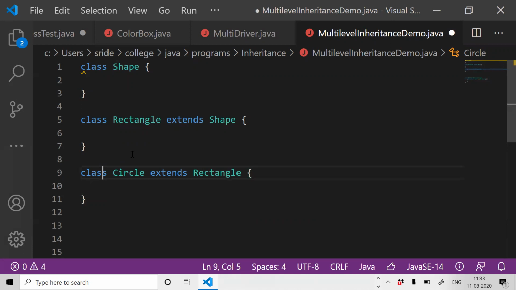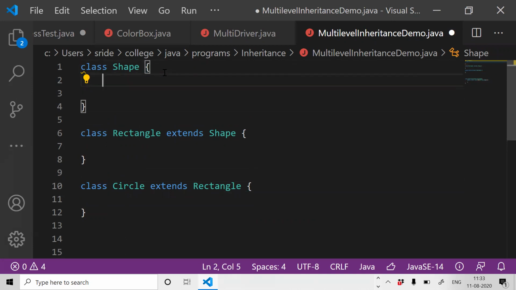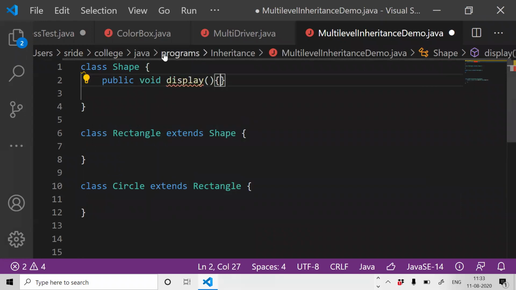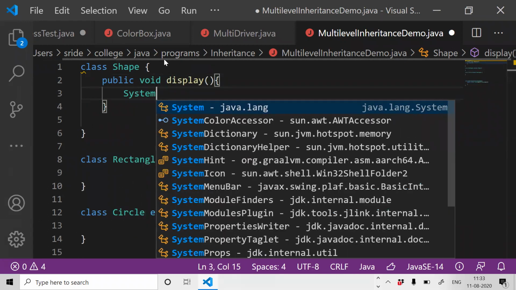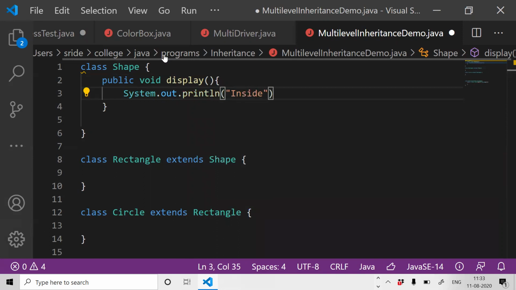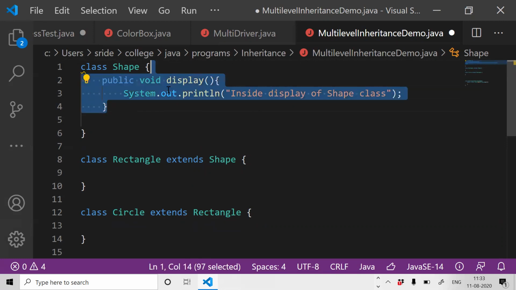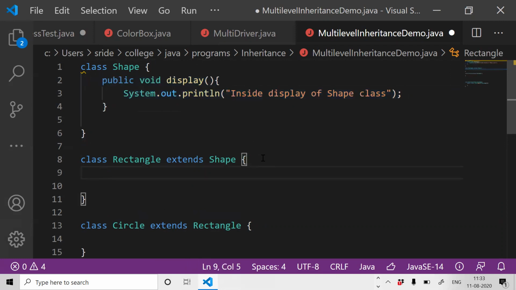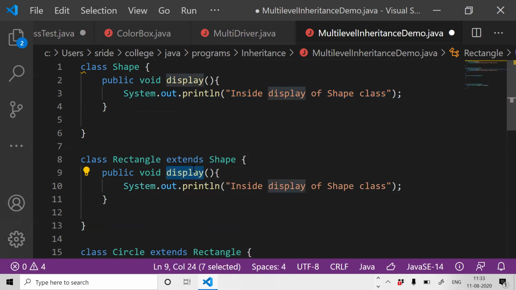We'll write some methods in them. I'm writing some text in the method. I'm not calculating anything here. I just want to see which method gets invoked at what point of time. Here I want to write one more method and change the name.